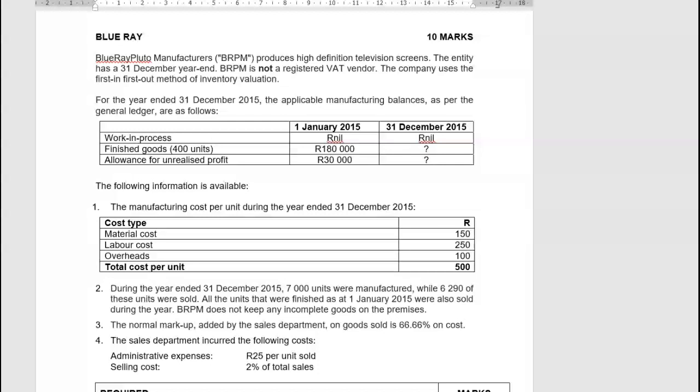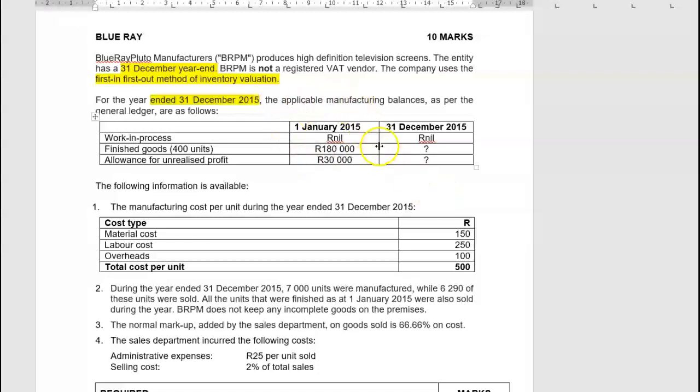BRPM manufactures and produces high-definition television screens. The entity has a 31 December year end. Always very important. They are not registered for VAT. The company uses the first-in, first-out method of inventory valuation. Very important. For the year ended 31 December 2015, the applicable manufacturing balances as per the general ledger were as